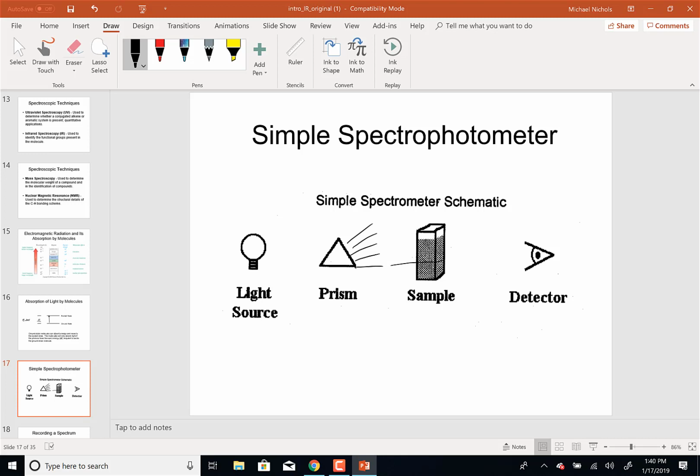And so what we're going to do is different than what you do in general chemistry. In general chemistry you do this, but you're measuring the intensity of the light that you're changing over to absorbance. What we're going to do is actually measure the intensity or the absorbance of the sample and plot it according to the frequency. So we're going to make a spectrum out of that.